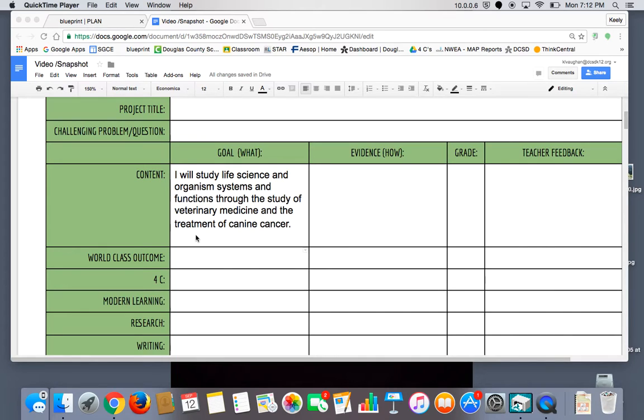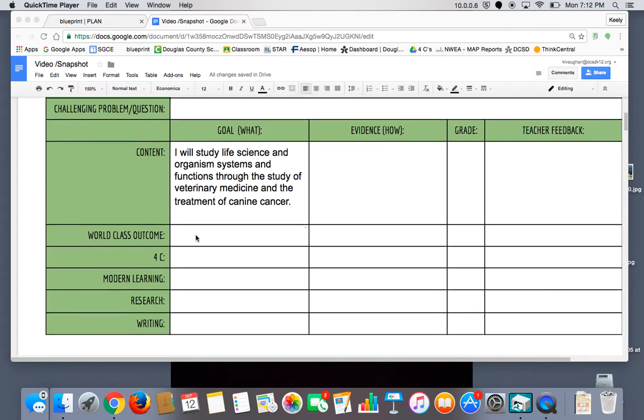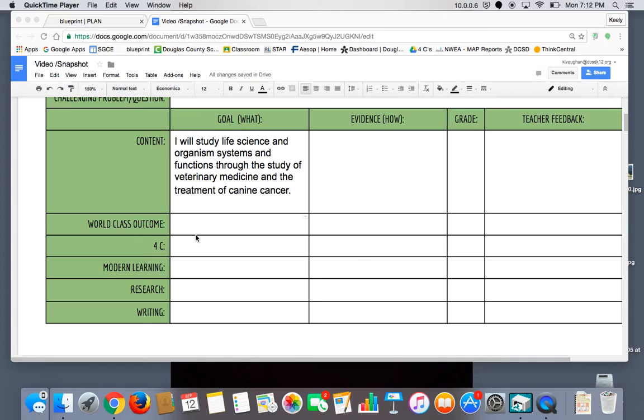Remember that your goals are like big picture plans that you have for yourself and your learning. They're really important to think about first, so that you know where you're going and you're setting that roadmap to all of your learning every day. And I know sometimes it can be ambiguous and difficult to think about these goals, but they help keep us focused and they help us stay on the right path.